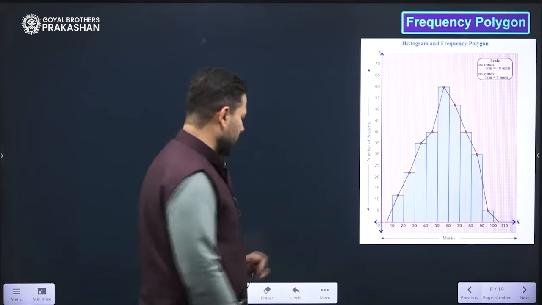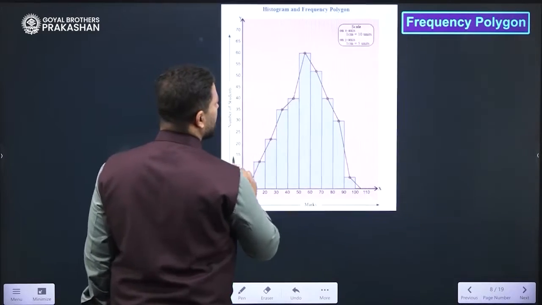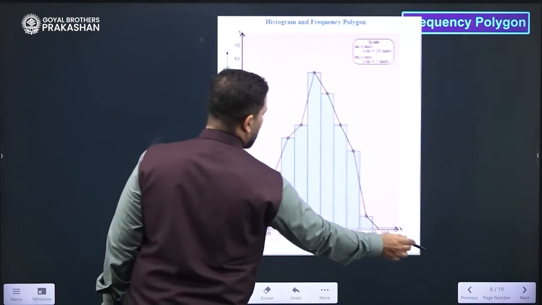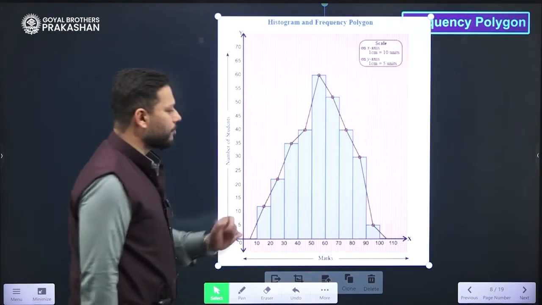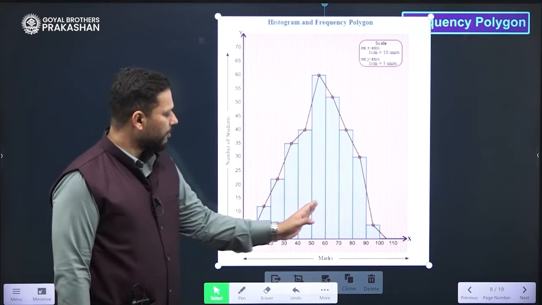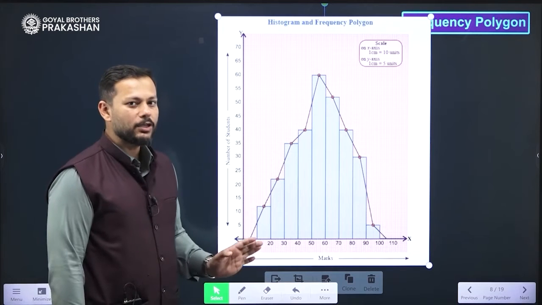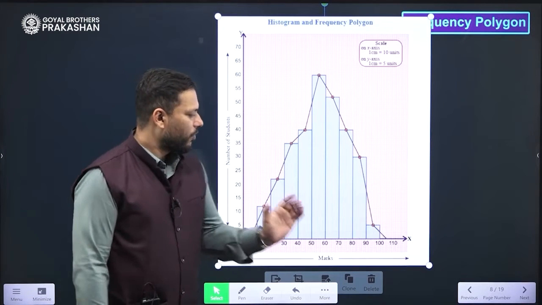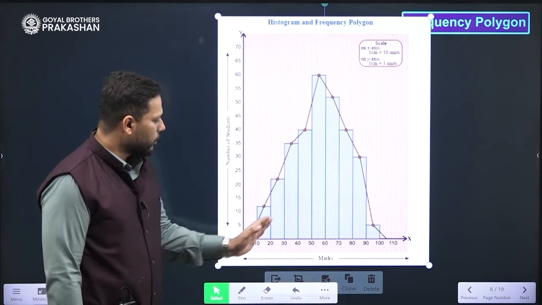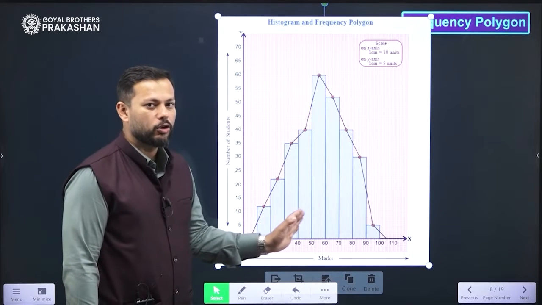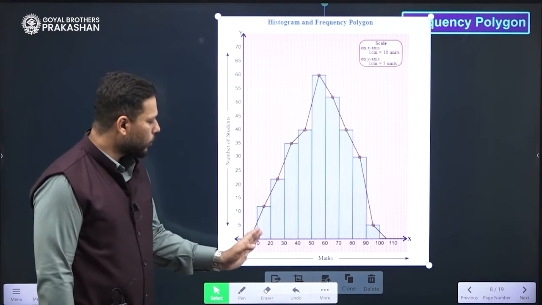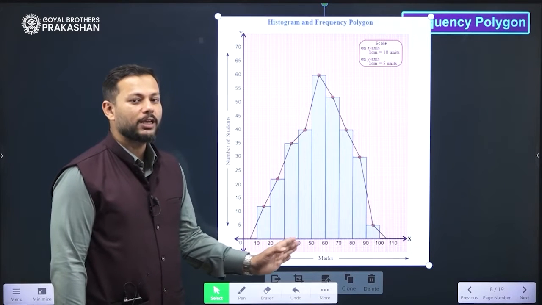If I look at this figure in front of you, we can see that we have a graph page on which some bars are being made. Aren't we familiar with this graph? It looks like a histogram to me. Is it a histogram? Definitely. Why is it a histogram? Because there is no gap between the consecutive rectangular bars, and also it represents the consecutive, or I should say,